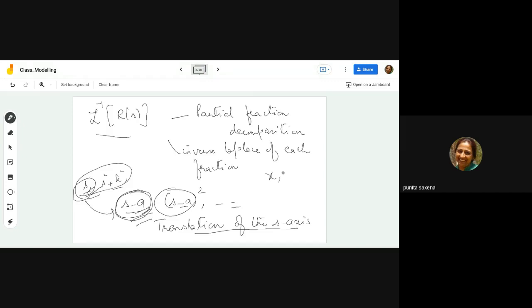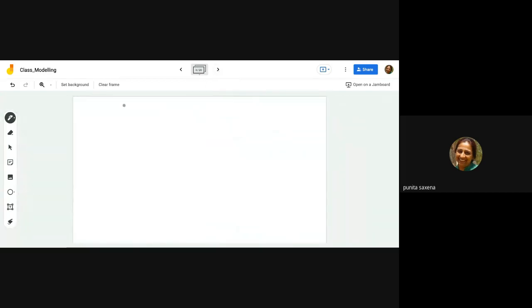The way we translate our coordinate axes in the Cartesian system of coordinates, when we have x and y, we talk of x minus a or x plus a, whatever we want to talk of. In a similar manner, we'll be talking of the translation, but for the s axis. So for that, we have a theorem which says, this is what your theorem on translation of the s-axis says, that if Fs is your Laplace transform of ft,